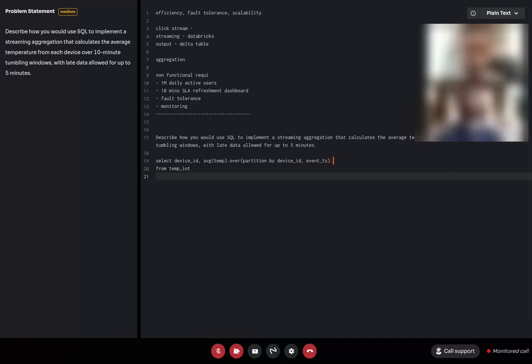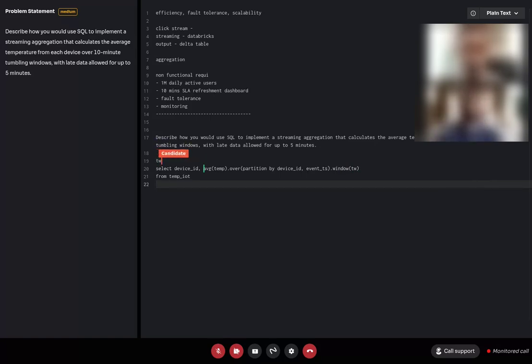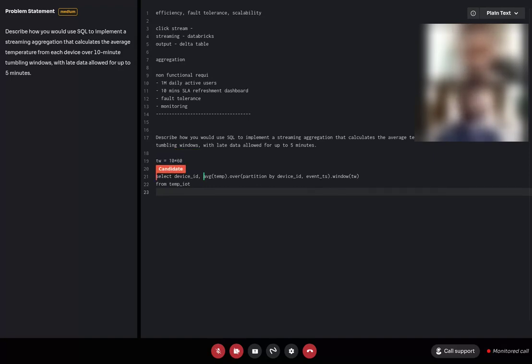Then we have a command from Flink where we will define, in seconds.